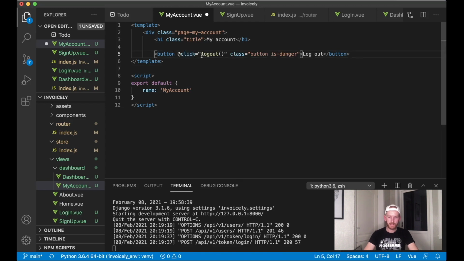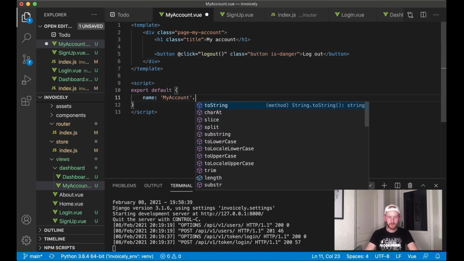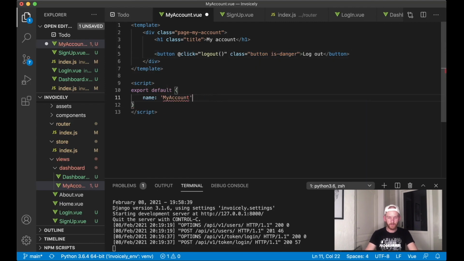And when you click this button, at can also be V on, but the at symbol is just a shortcut for this in Vue. And when I click this, we call the logout method, which we're going to create down here soon. We add a button, which is danger, so it's red, just so you know that it's something dangerous going on. Div, and then below here, oops, we say methods logout,